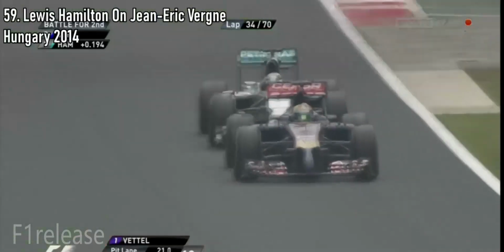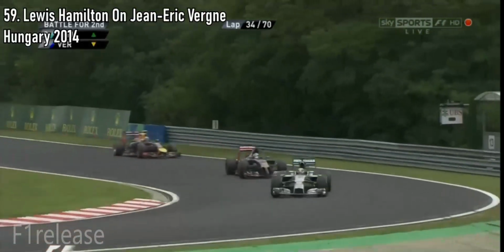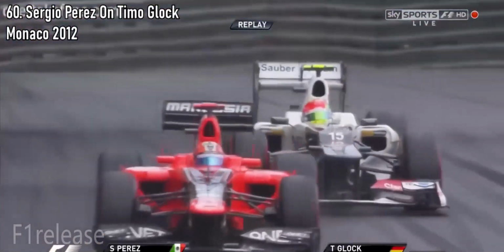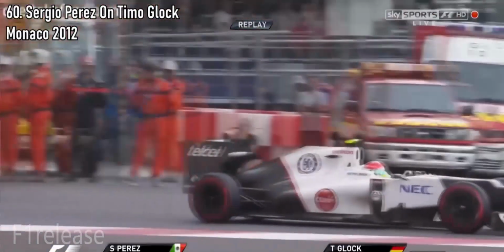The Williams on the grass. On this particular occasion, but that Mercedes now is not behind Vettel, so much faster. He's going round the outside at turn 4. Hamilton manages to snatch the place off third. Difference. Good point. Perez and Timo Glock going through that harbour chicane. But I can tell you that Sergio Perez is ahead of Timo Glock, so even though the Maroon came out